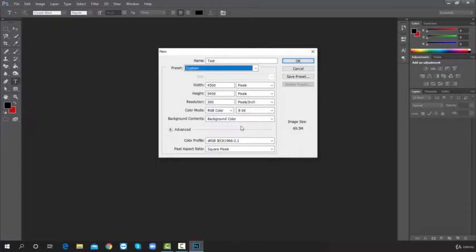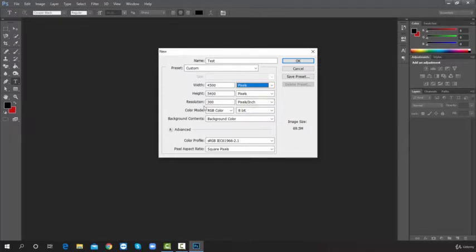At this time I would like to tell you, before creating your document, you have to know what you want. Suppose right now I want to make a t-shirt design. For that I want to create a document, okay? So I am putting 4500 by 5400 pixels. You can change to another format such as inch, points, etc. Then choose resolution. For t-shirt design, 300 resolution is best. And at the same time you have to choose pixels. And you have to choose your color mode.